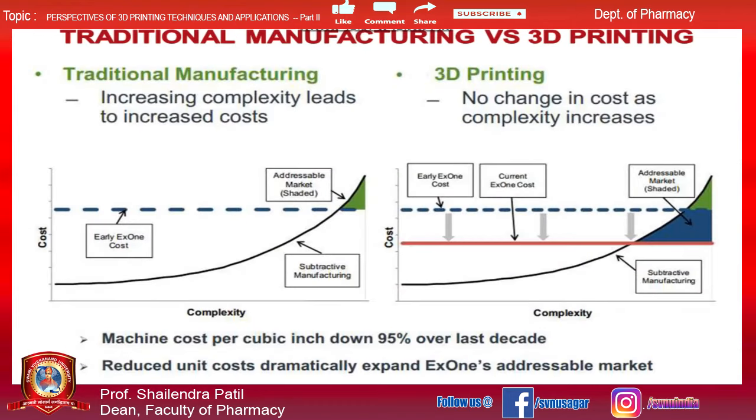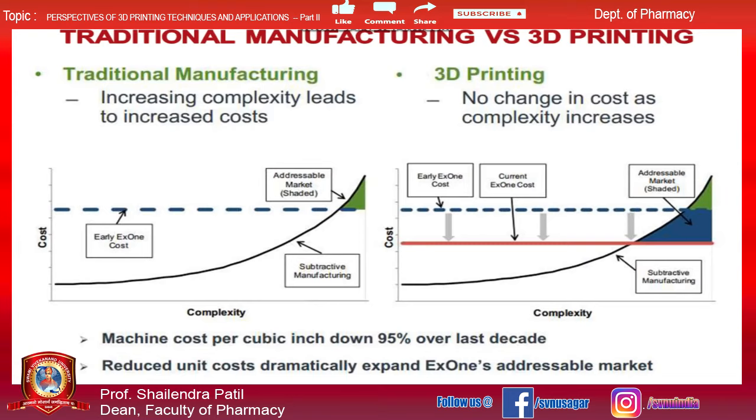Here is the advantage of this 3D printing technology. You can see here traditional manufacturing versus 3D printing. Traditional manufacturing leads to increasing complexity, which ultimately increases the cost, whereas with 3D printing technology you need not worry if you are increasing the complexity.